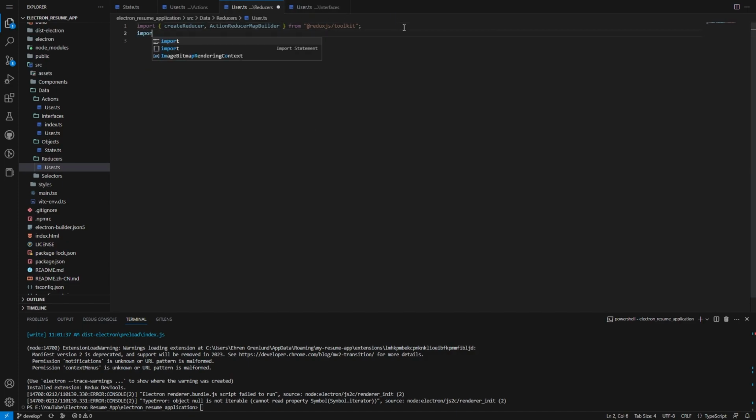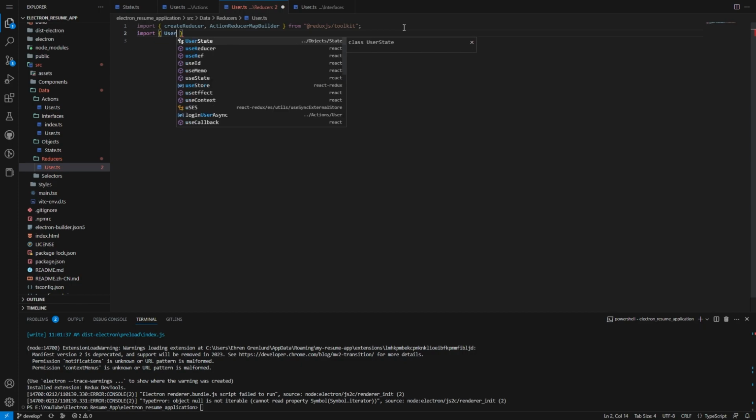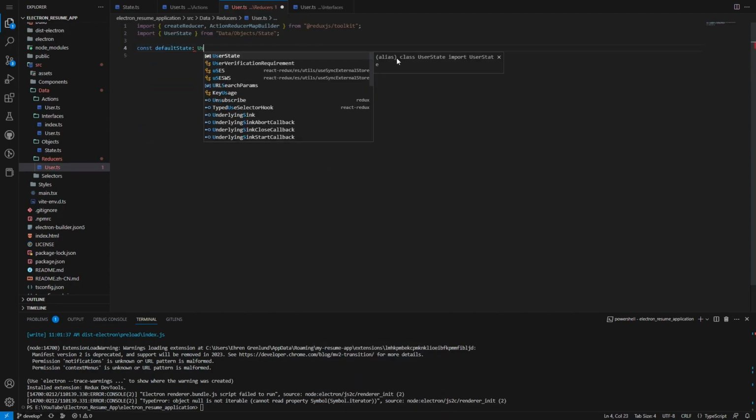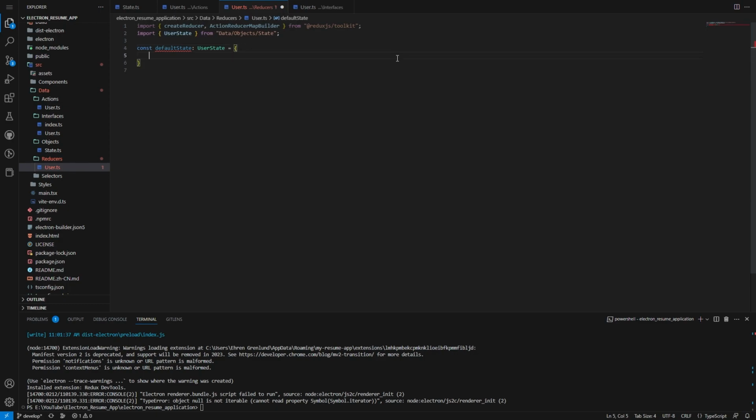Then we need to import the user state from data object state, and let's do const defaultState, user state equals, we give it a token of an empty string, we give it a current user of undefined,